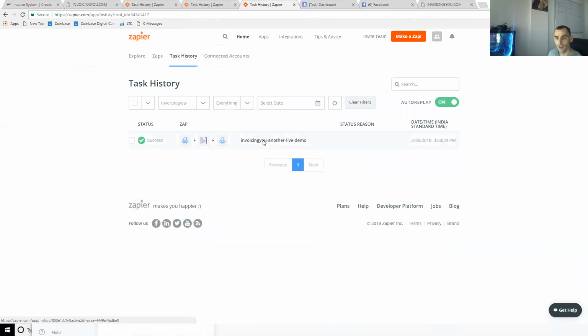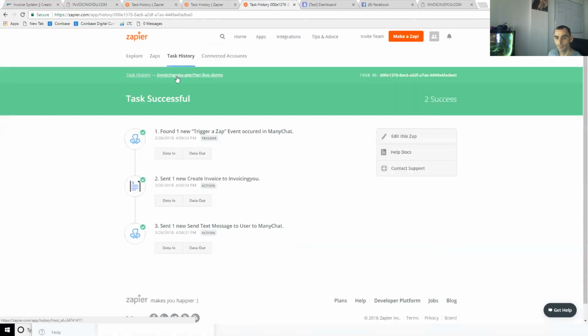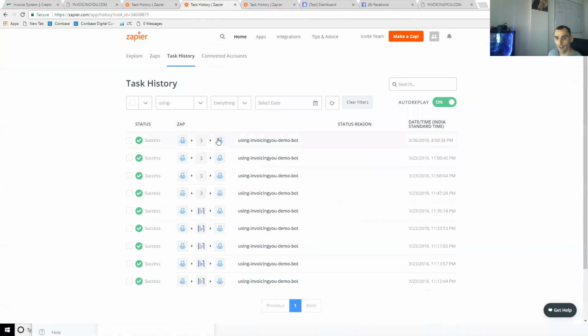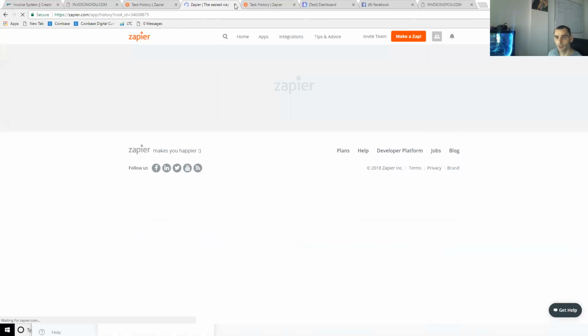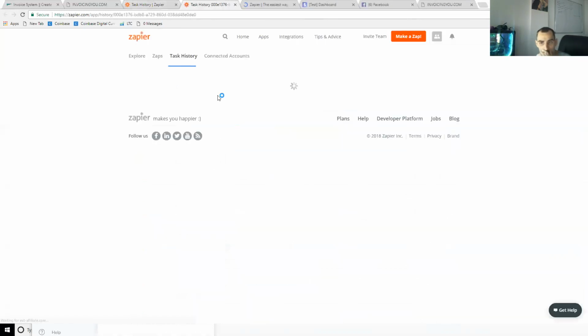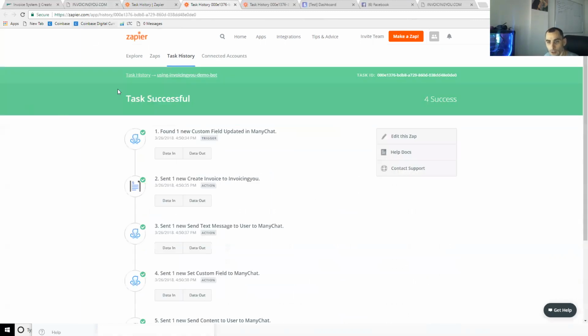This is invoicing you another live demo. So I'm actually wanting to get to where I can go in and just, here's a bunch of those that actually went through. So let's go back to this task history. Let's open that guy. I want to actually get right to this Zap to turn it off, because edit this Zap